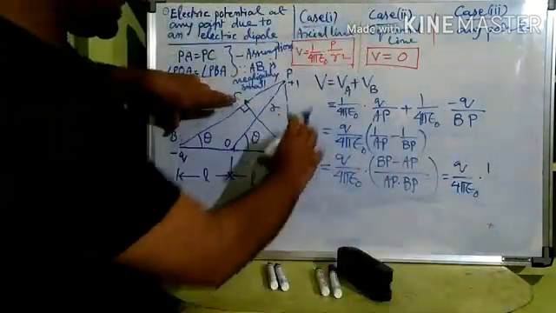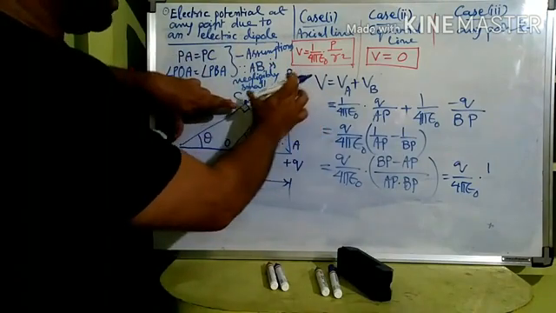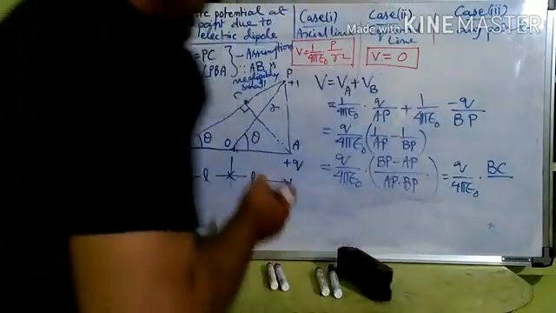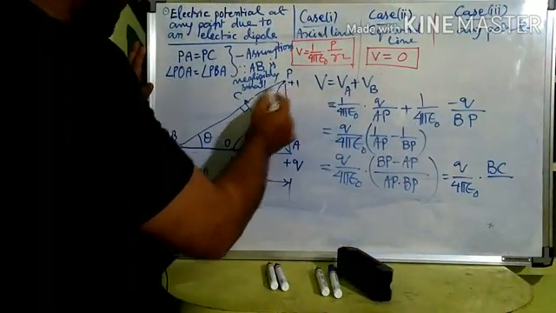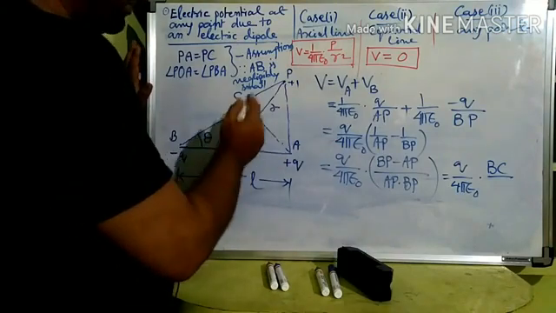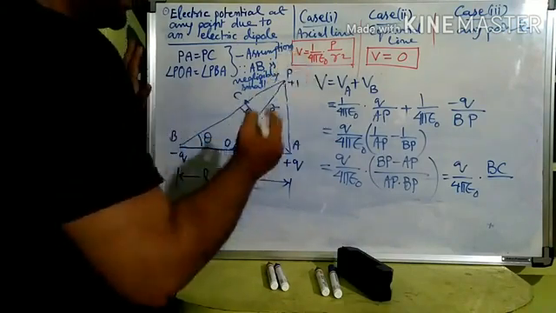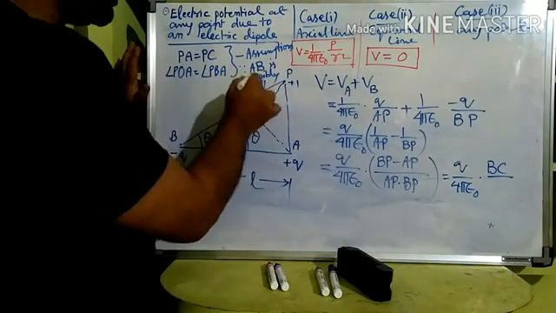So this is equal to Q by 4 pi epsilon naught. BP minus AP, I wrote BP minus PC because PC is the same as AP. BP minus PC is BC. So this is BC divided by AP times BP. Now see, AP is a little less than R and BP is a little more than R. So AP times BP, we can assume to be R multiplied by R, R square. That is also because AB is negligibly small. So R square we took.